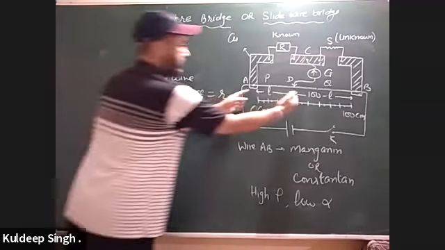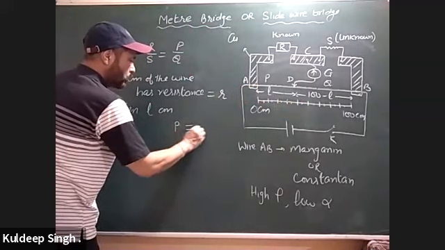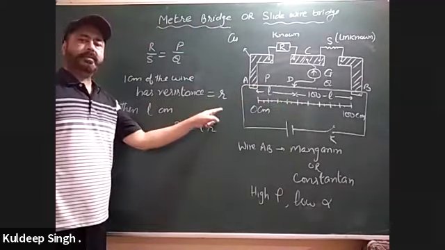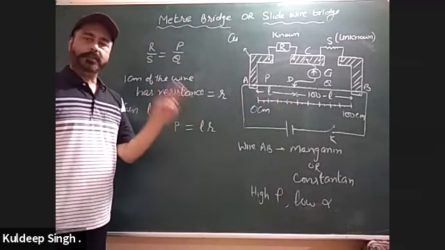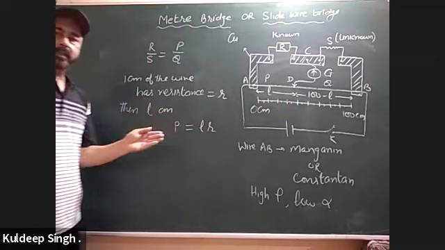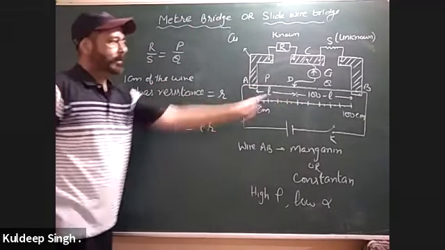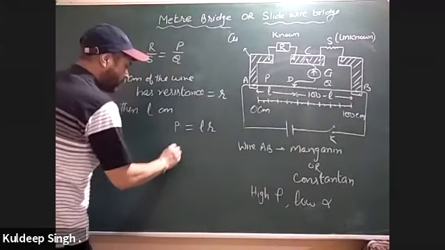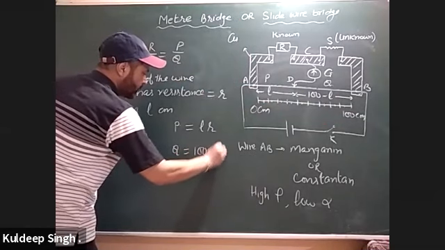This L centimeter will have a resistance P equal to L into r. 1 centimeter has resistance r, therefore 2 centimeter will have 2r, 3 centimeter will have 3r, L centimeter will have Lr. Similarly, when you find the resistance of this portion, then Q will be equal to 100 minus L into